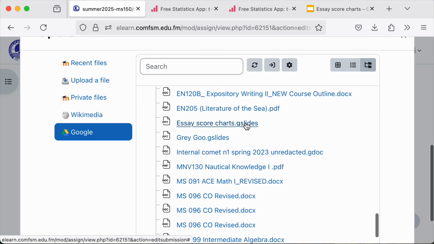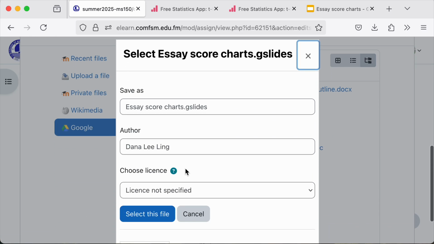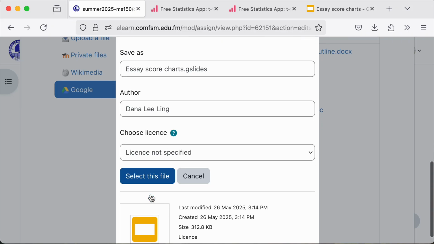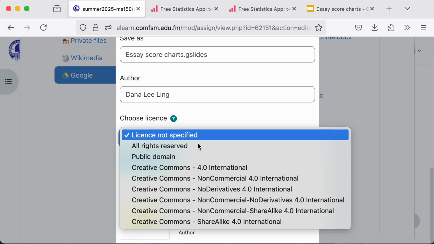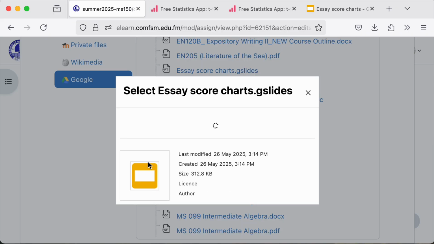There it is. The G slides tells me that this is a slides presentation. So you don't have to worry about the license. I usually use Creative Commons 4.0 International. That's my particular choice, but you don't have to worry too much about that. That's technically a more advanced topic. Select this,